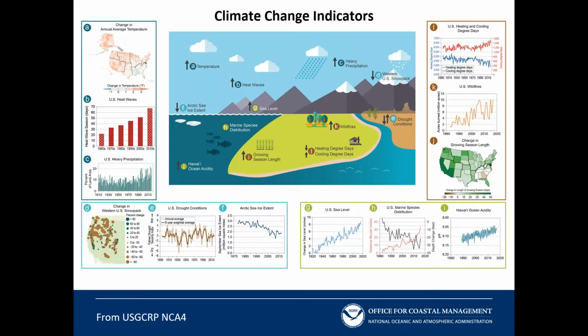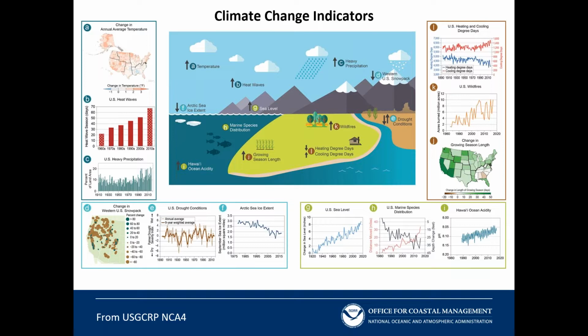So I'm going to be borrowing some from the National Climate Assessment. The last one came out in 2018, National Climate Assessment number 4, and they're going through the next process to publish a climate assessment probably sometime in 2023. There's a lot of graphs on here. I am going to be showing you a lot of graphs, but I'm going to try to keep the discussion fairly non-technical. Basically, if you look at climate change indicators, there's a lot of these arrows going up.